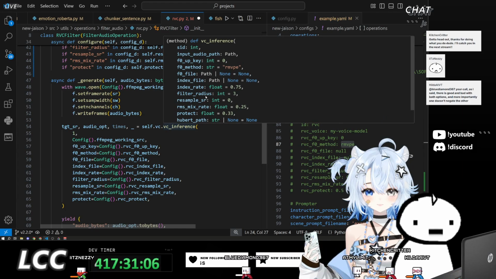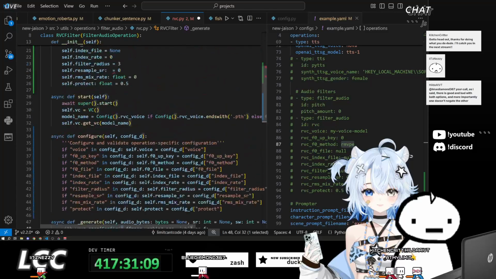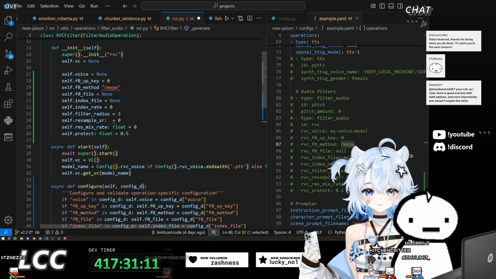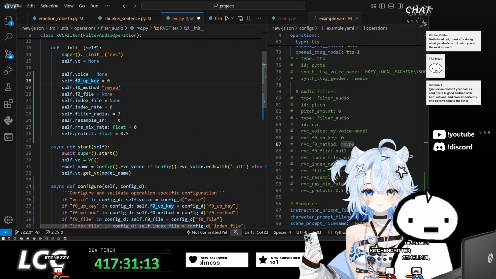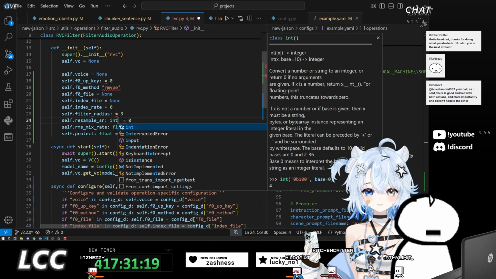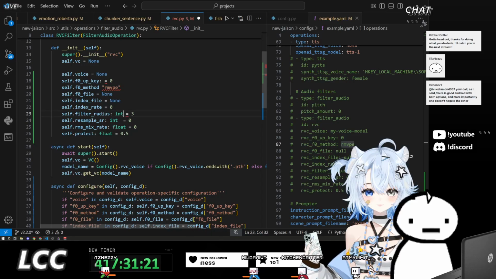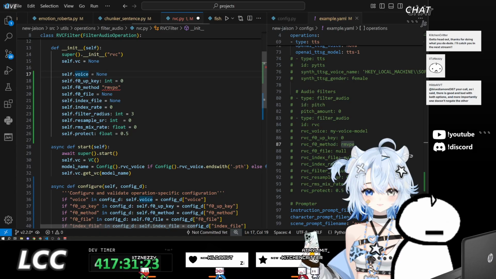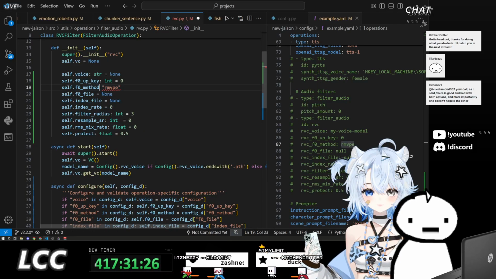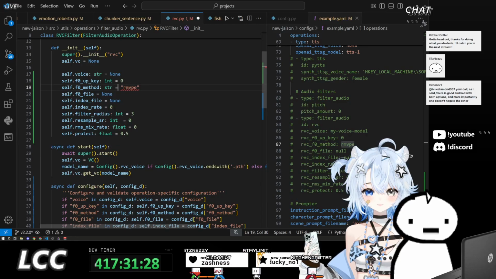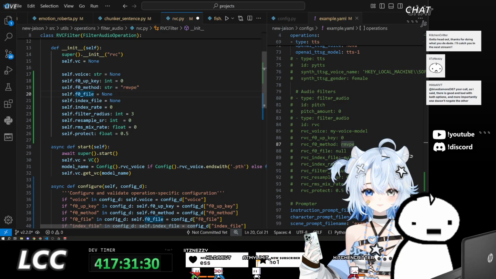Those make sense. And key up. Okay. Key up, filter radius, sample rate. And string. The rest of these, oh, these are strings.